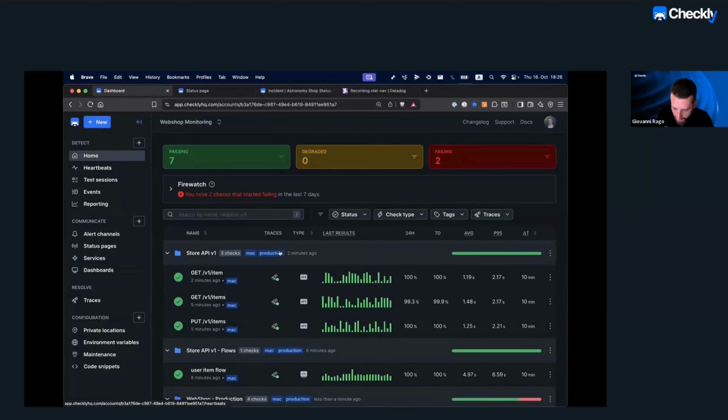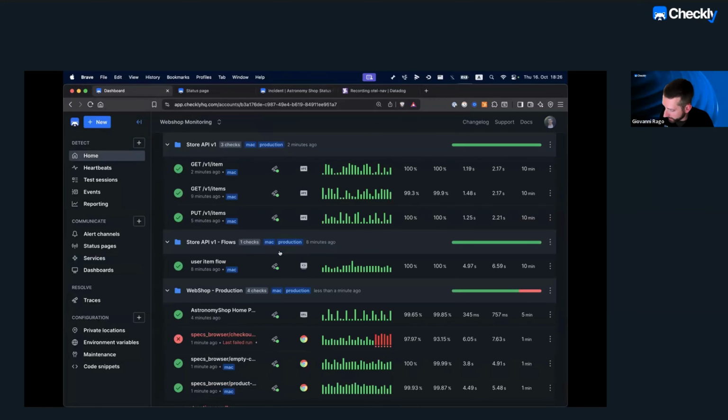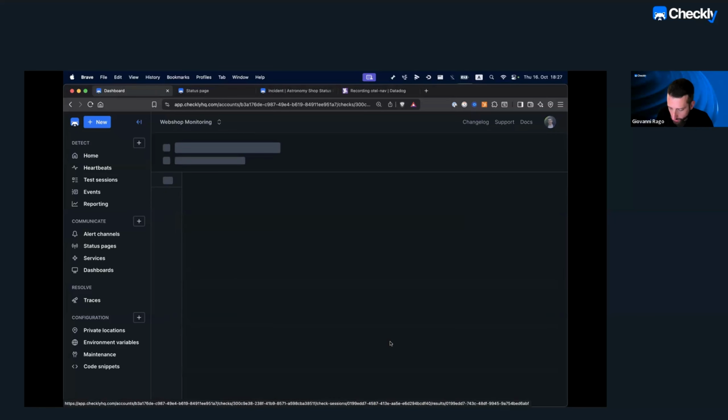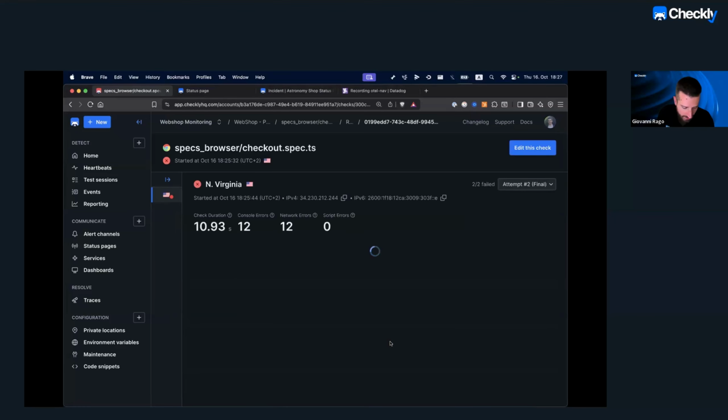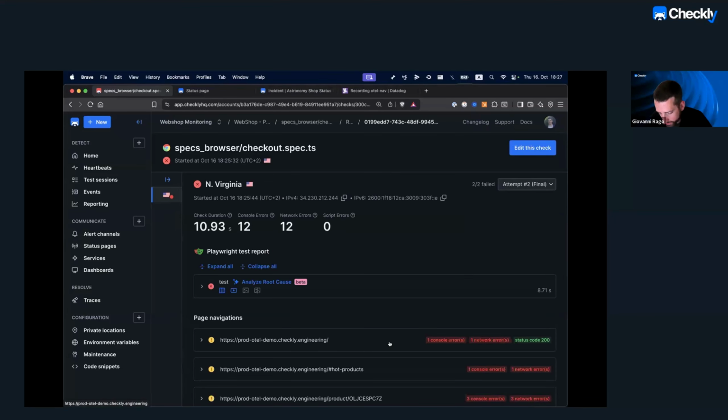we've covered detection, we've covered communication. Now we've got to cover resolution, right? So now that our poor engineer has been alerted, woken out of bed, it's 3 a.m., the web shop is pretty much down, right? How do we help them actually fix the underlying issue? Well, this is where the third point comes in, resolution, and here is where things start to get very